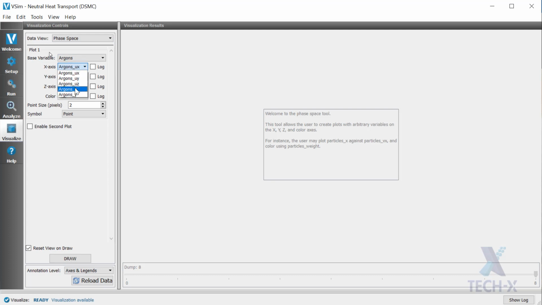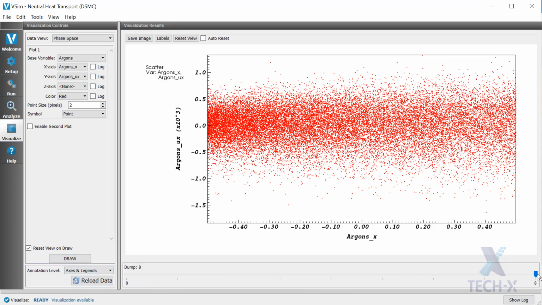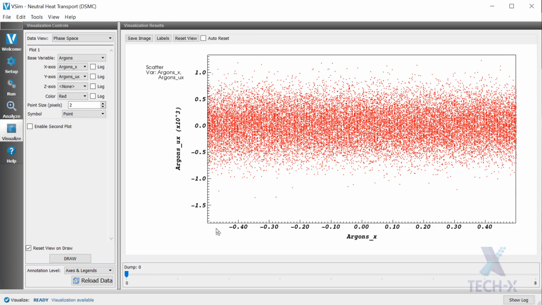So if I plot on the x-axis just the x distance, and on the y-axis I plot the x velocities, we can see at the beginning of the simulation we have fairly evenly spaced argons. The height of this distribution is roughly constant all the way across our domain. So that means that this is roughly all at the same temperature. If I click through,